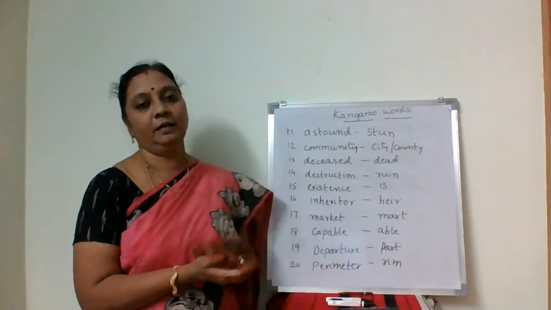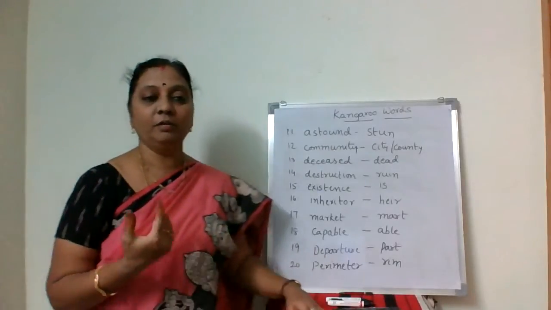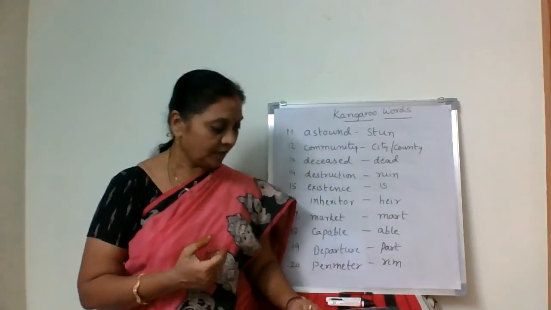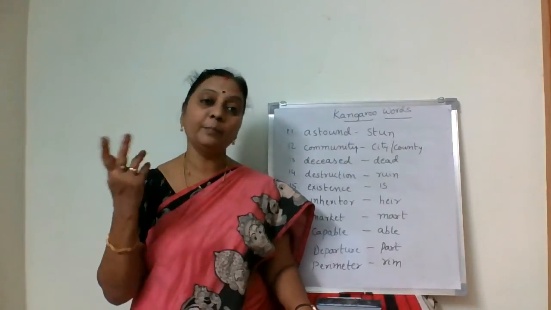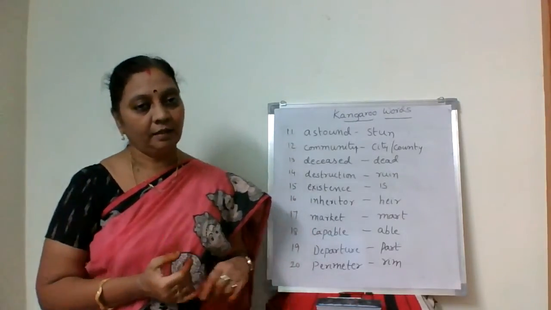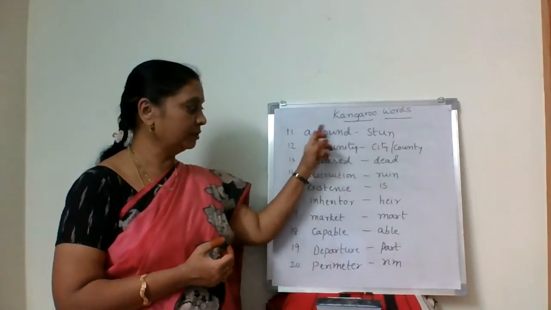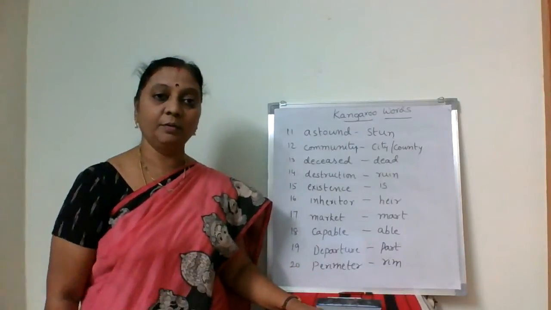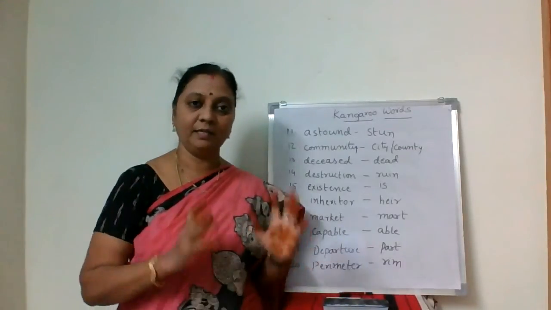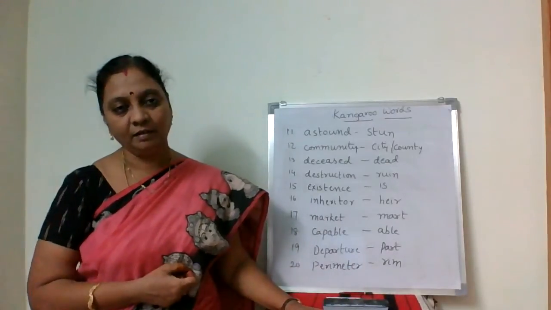Perimeter, rim. So these are kangaroo words. Okay. By doing this exercise, you can improve your vocabulary and you can understand the meanings of different words. The meaning is the same, but with a number of words, synonyms also you can learn simultaneously. Vocabulary improves and you can know the meanings of different words. Okay,